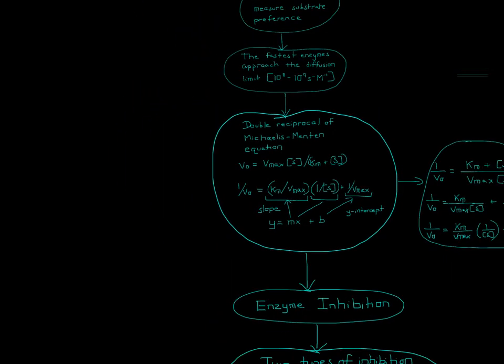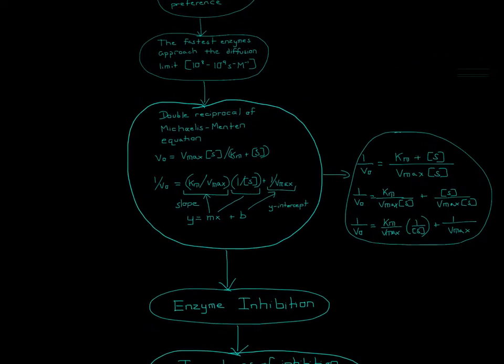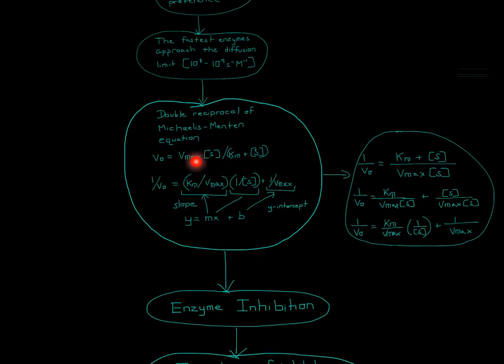And another useful trick for the Michaelis-Menten equation is to change it into this format, the double reciprocal. This is important because if you get into this form, you can use this equation, right? And that should be familiar, because the m represents the slope, the x is x, and then b is the y-intercept. And that's useful for when you graph the Michaelis-Menten equations,